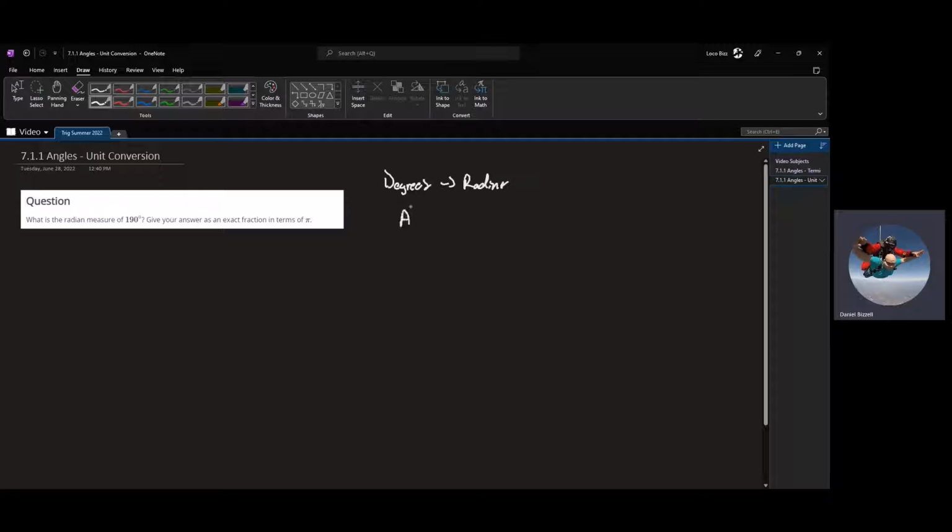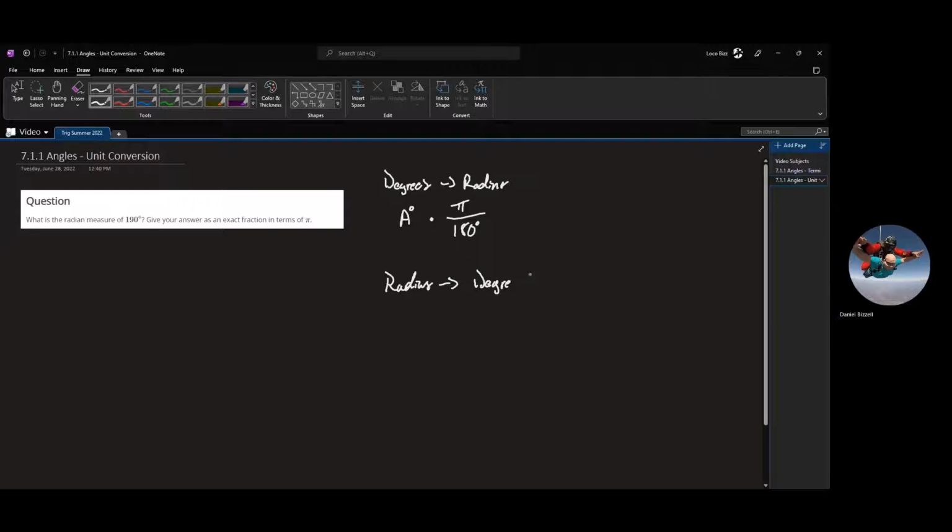We have whatever our degree is times pi over 180 degrees. And then to go from radians to degrees, we take whatever our radian measure is, so a pi radians, and we're going to multiply by 180 degrees over pi. So notice when we're going from degrees to radians, multiplying by pi over 180 to where our degrees